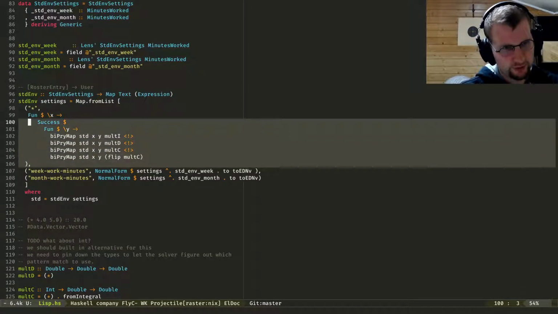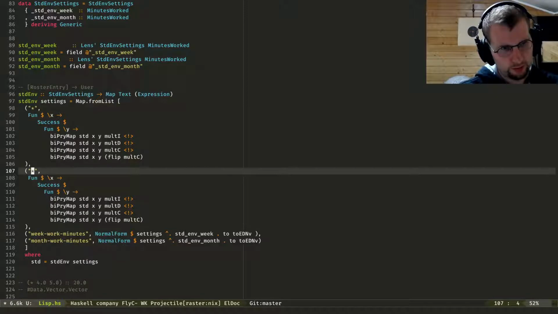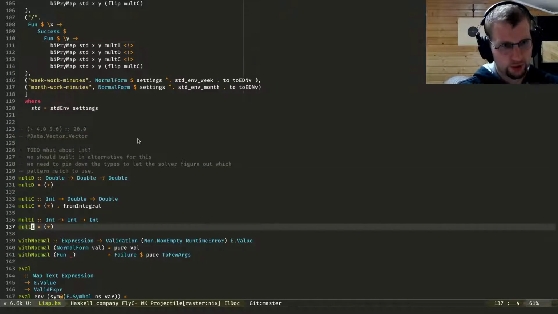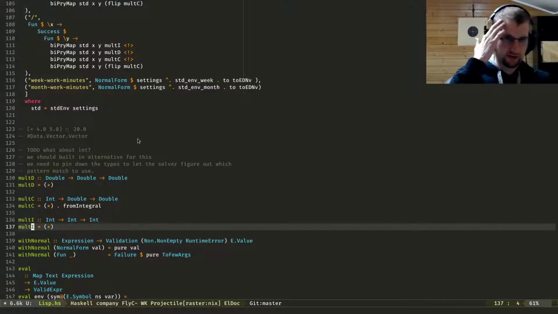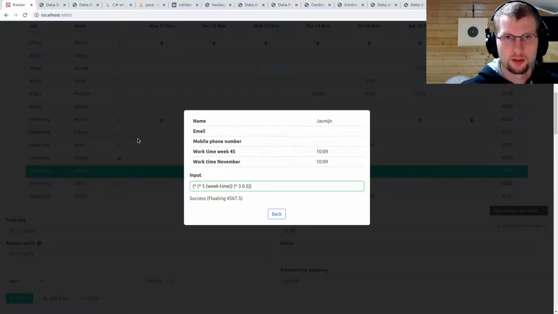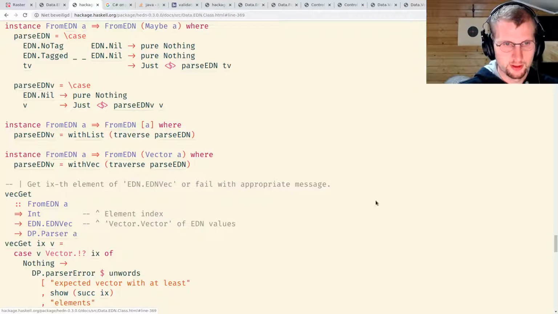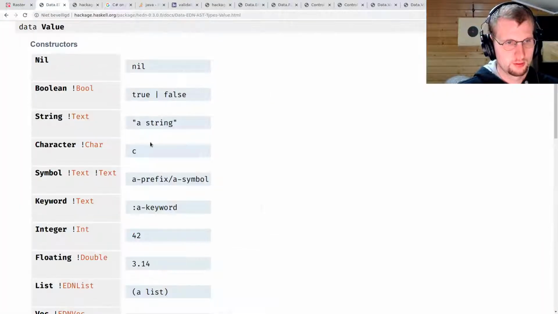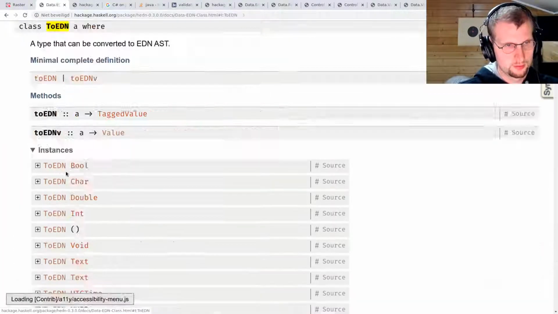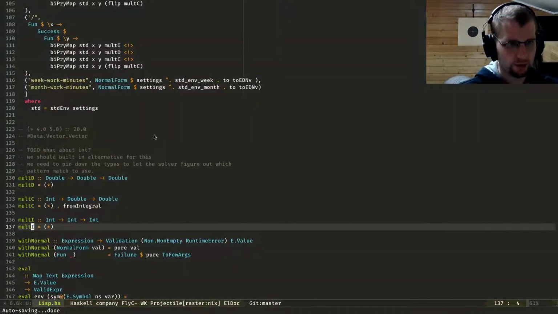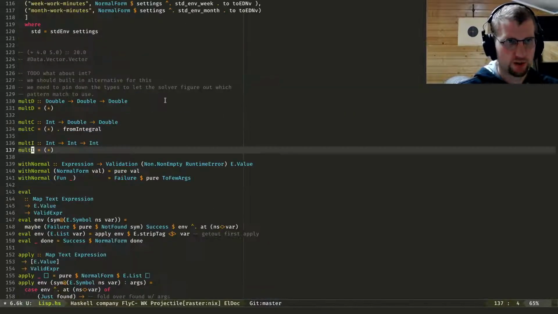So yeah, we can make another function. We want to have division as well. Sure. Division is kind of interesting because we have a Maybe value in there. And I don't think Maybe is represented in EDN at all. Is it? Well, maybe they can do that. Oh, they have. FromEDN a, Maybe a. What will you do then? I guess you just use nil. Oh, excellent. ToEDN, I guess. FromEDN. We have ToEDN. Yeah, they will use nil. Okay, good. Makes it a lot easier to implement division as well, because you can just cast